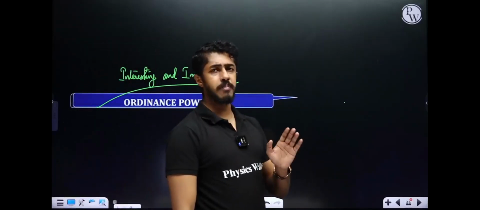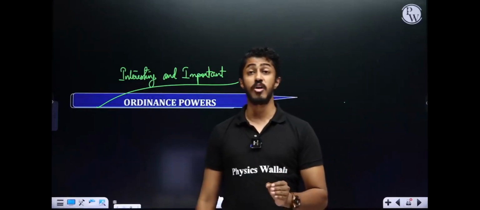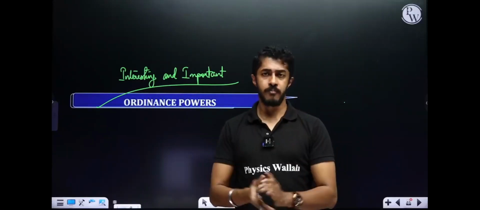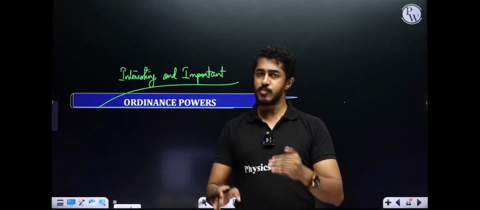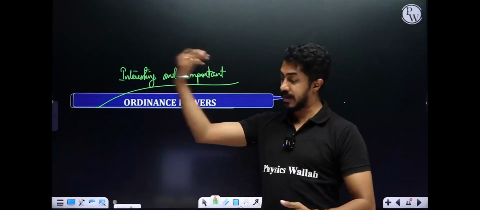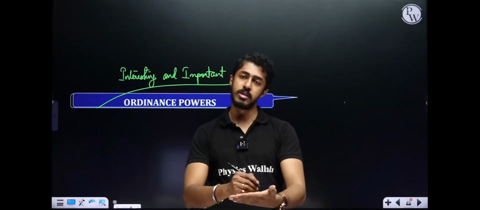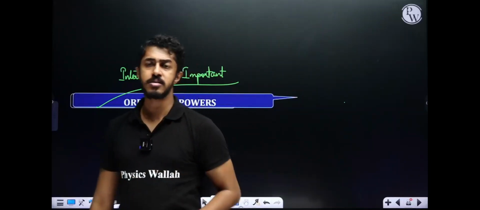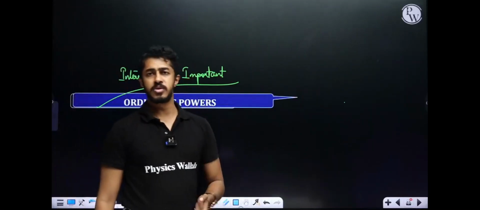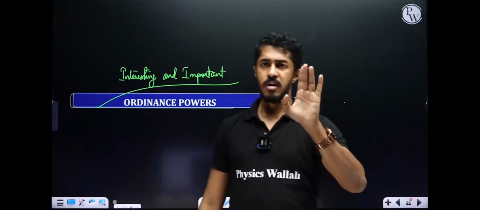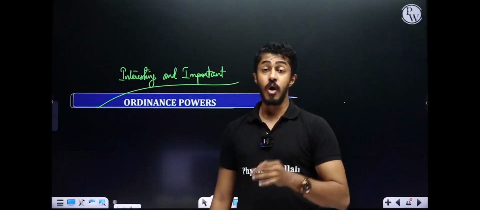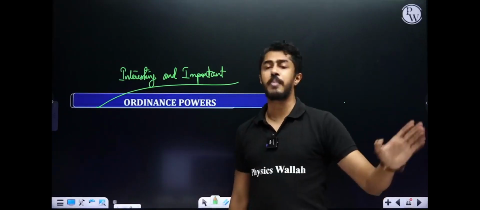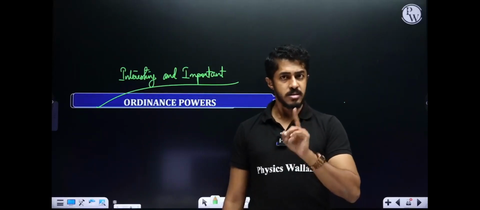Our ordinance making powers means law making powers of the executive. The president can make a law. That is what it simply means. Understand, it is not that the president will get up one day and say, okay, I love this, let me make a law. No. The Prime Minister and the Council of Ministers, they will advise. When is it used? When the parliament is not in session, or only one house is in session, or there is an extraordinary situation where you have to pass this law. That is the condition here.